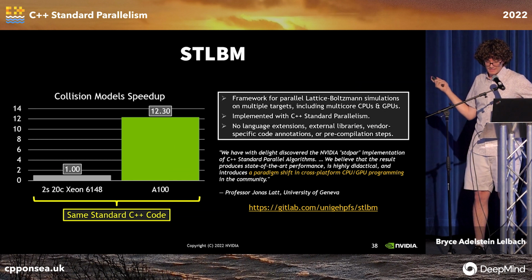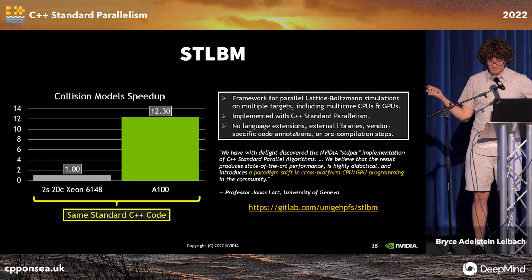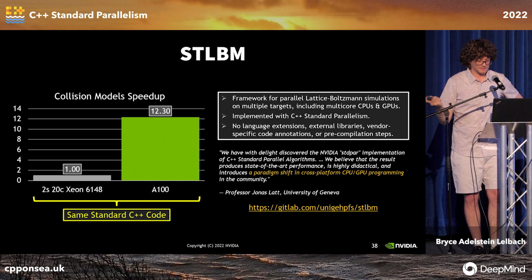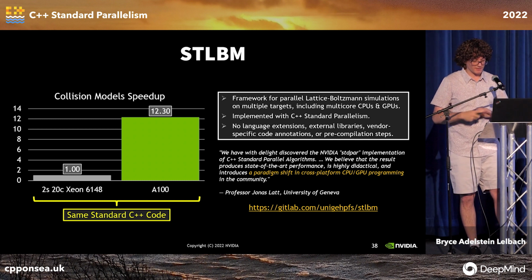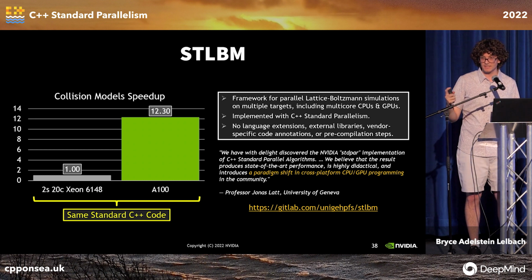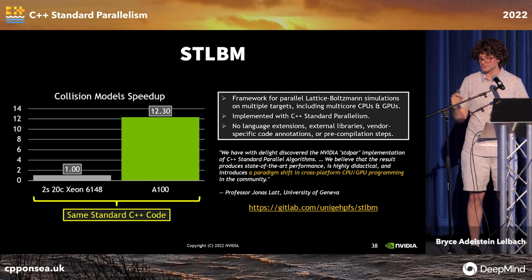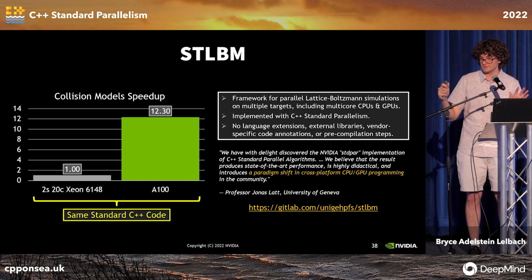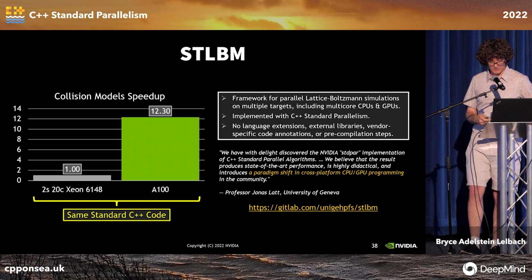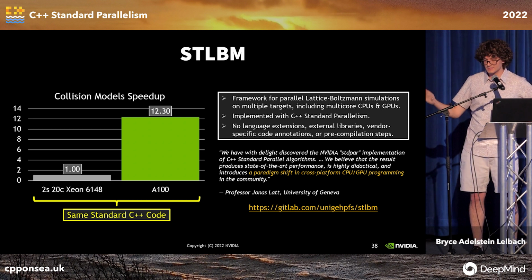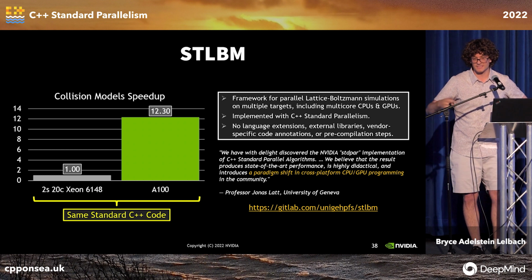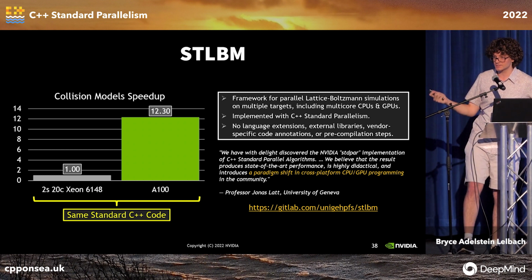So another example is STLBM, which is a lattice-Boltzmann framework written from the ground up in standard C++. It can run on multi-core CPUs and GPUs without any code changes. It doesn't use any language extensions or external libraries or vendor-specific code annotations or pre-compilation steps. It's just standard C++, which I think is pretty exciting. And just using the standard C++ code, we can run it in parallel on a CPU or in parallel on a GPU and get the same performance that we would have if we'd written 2 versions of that code, 1